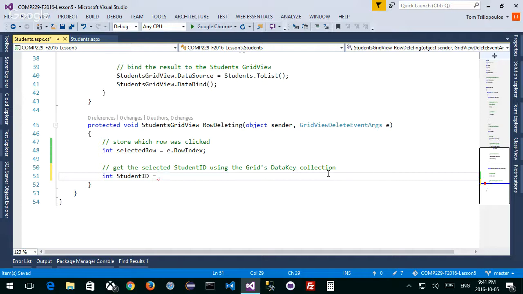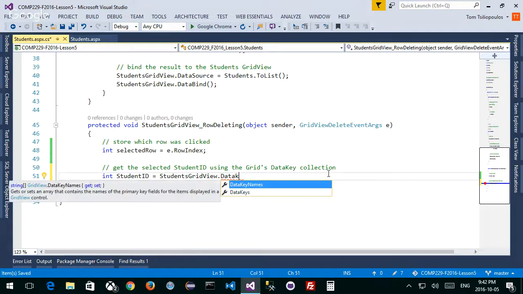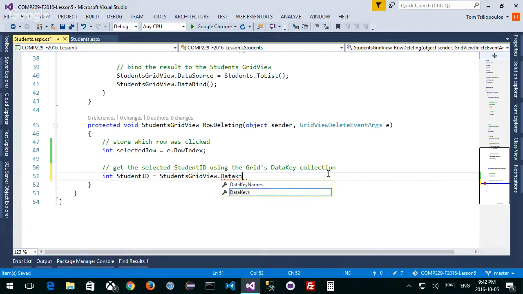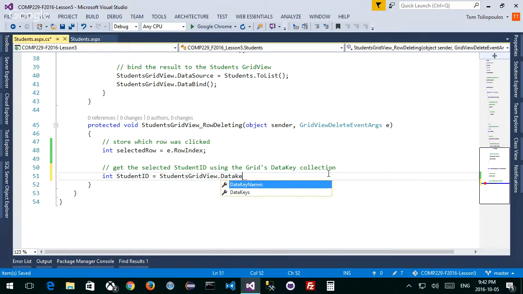What I want to do typically is something like this. I want to look at the StudentsGridView, and I want to look at the DataKeys.